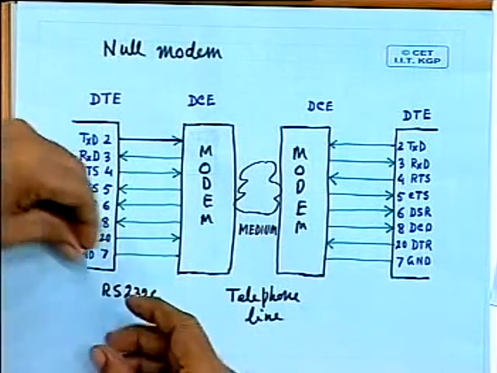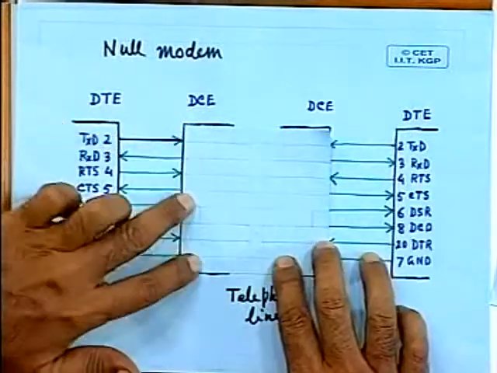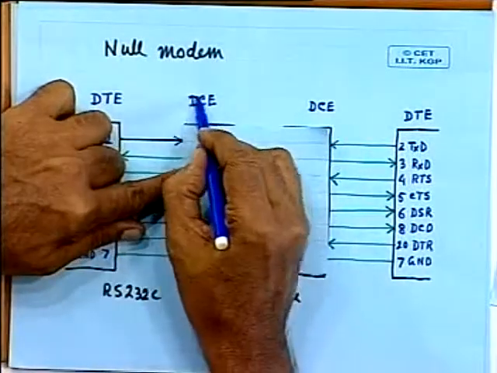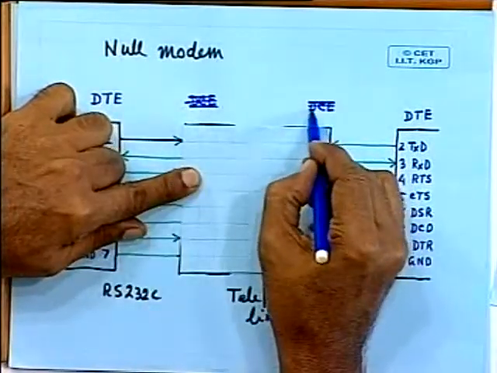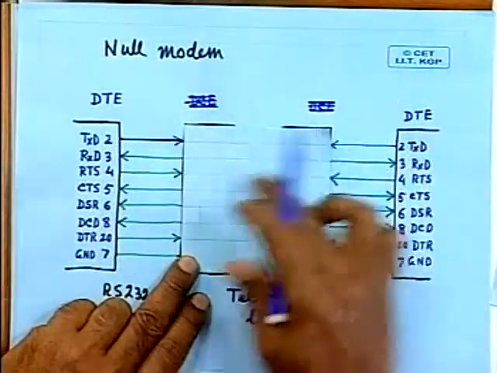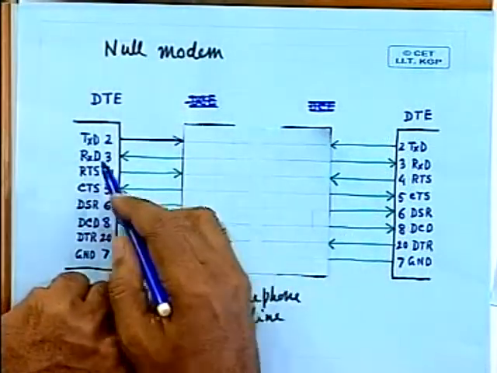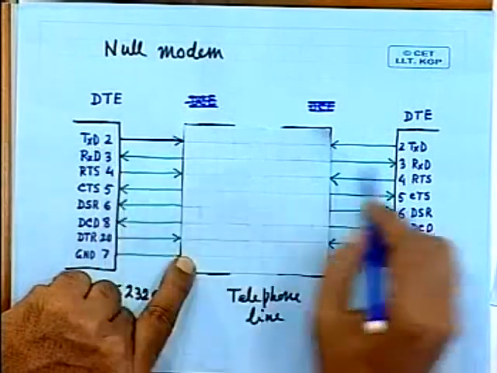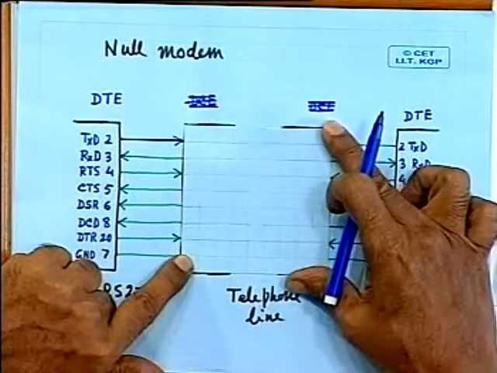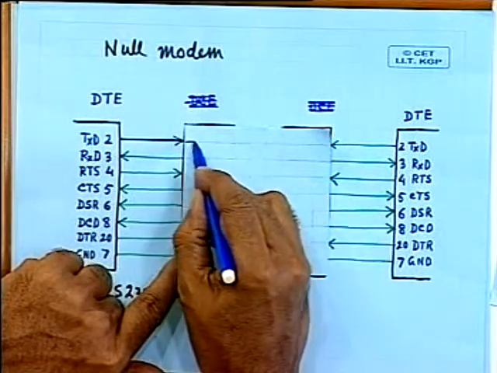Let's assume there are no modems, so these modems are not present, and obviously you don't require those DCEs. In such a case, DCEs are not there, and two computers, DTE and DTE here, are communicating with each other. So here you see there is a problem. Pin number 2, TXD, is connected to pin number 2, TXD, if it is directly connected. How can you overcome that? What can be done? The wiring can be swapped.